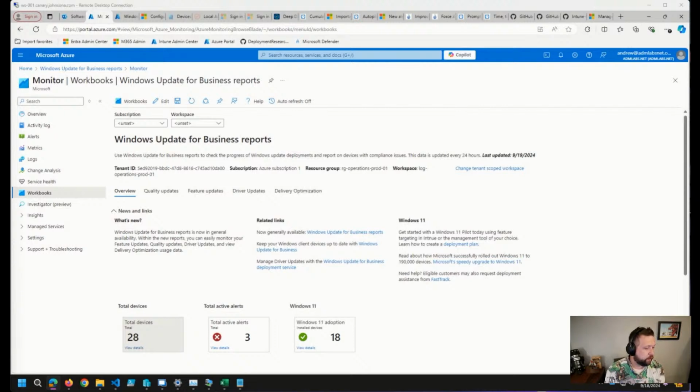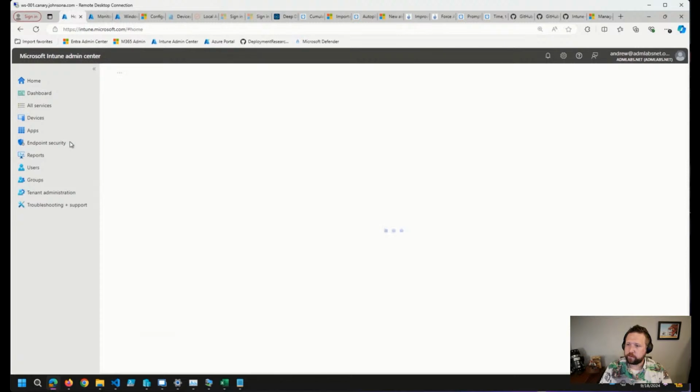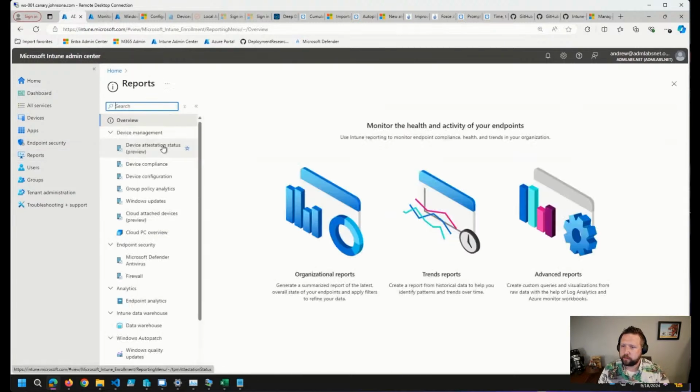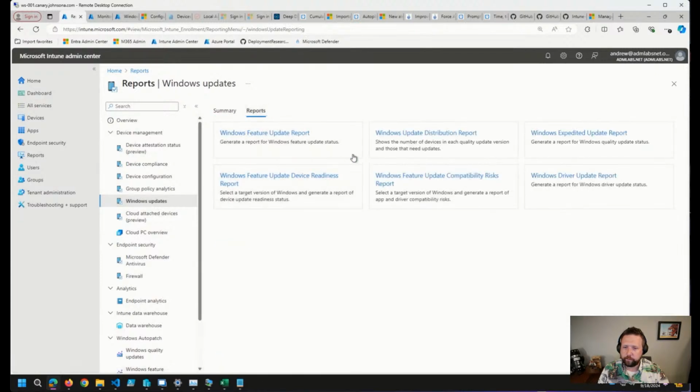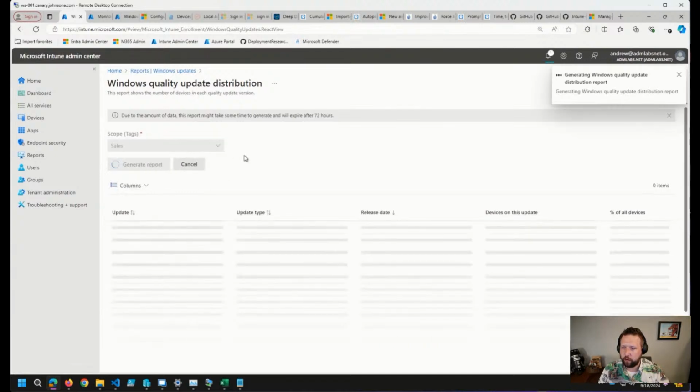Yeah, some of the new Intune reports, like the update distribution report, do support scope tags. I agree, I hope we do get more of that. So if we go back to our Intune Admin Center and reports, we can select the different scope tags that we have. Not sure if I actually have anything that'll show up here, but